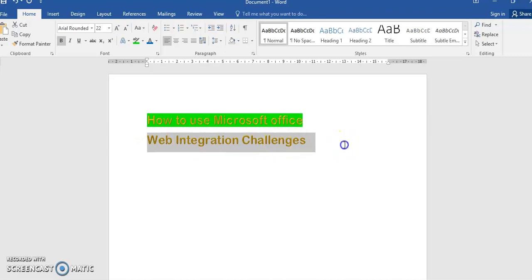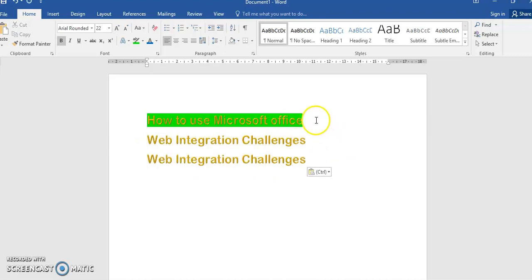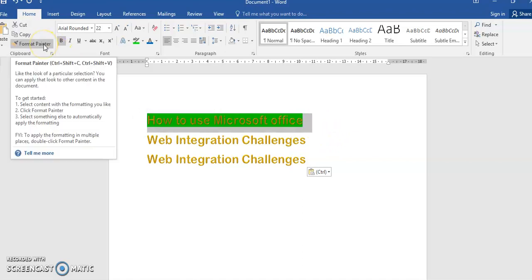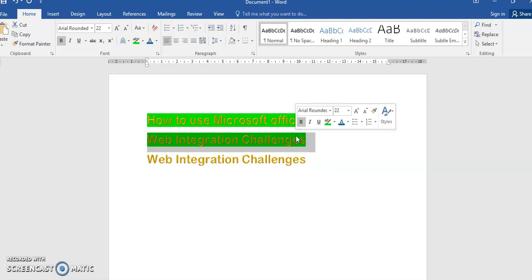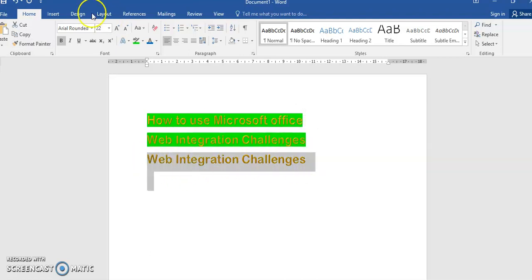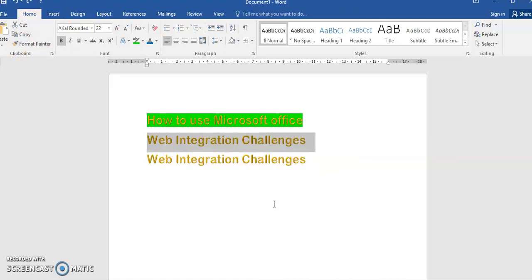So let's see. I select the first sentence. If I click one time, I only make one change. I cannot make another change because I only clicked one time. For example, if I select this and click maybe 2 times or several times,